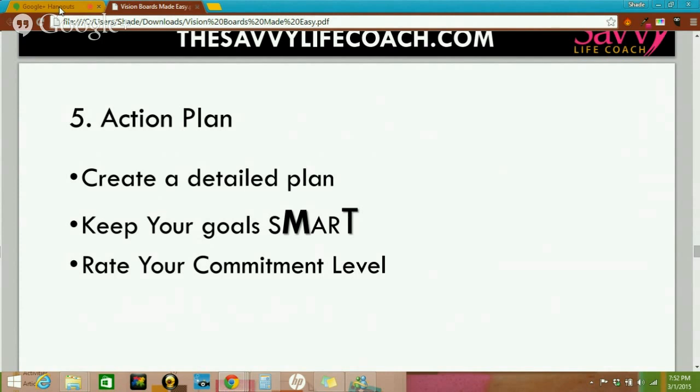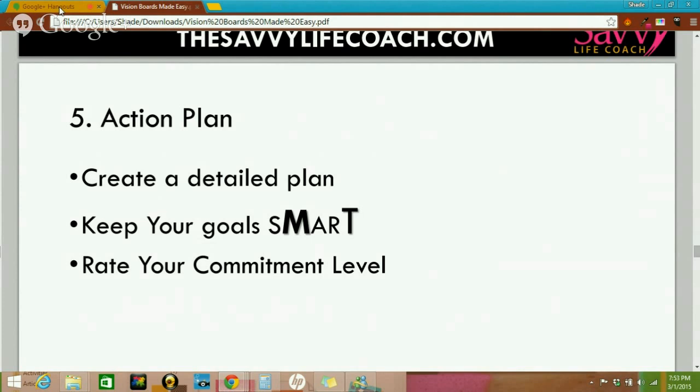But the M and the T and the S, I should have highlighted that too, stay the same. You've already been specific because we're being thematic. So that's why I didn't highlight the S, because that's already kind of a given because it's thematic. You've been specific about what you want. Measurable. How are you going to measure your success? If I put the 5K or 10K for running a 5K or a 10K, I can measure that if I actually complete a 5K or a 10K.